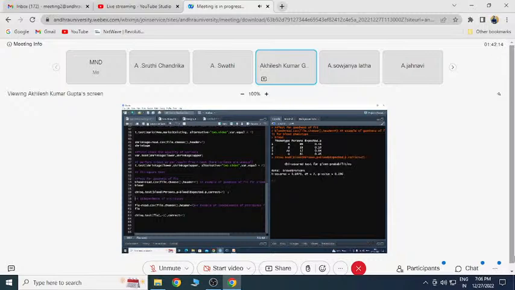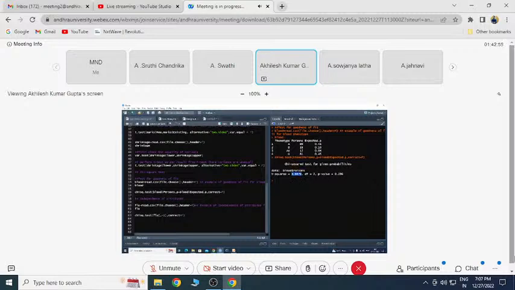I will run this command, and you will get a chi-square test for given probabilities. You get the chi-square value, the degrees of freedom, and the p-value. Here the p-value is again greater than 0.05. Now you have to understand the null and alternative hypotheses. The null hypothesis is that your observed frequencies are a good fit with your expected frequencies, and the alternative is that your observed frequencies are not a good fit with your expected frequencies. So when the p-value is greater than 0.05, you say it is a good fit with your expected frequencies.